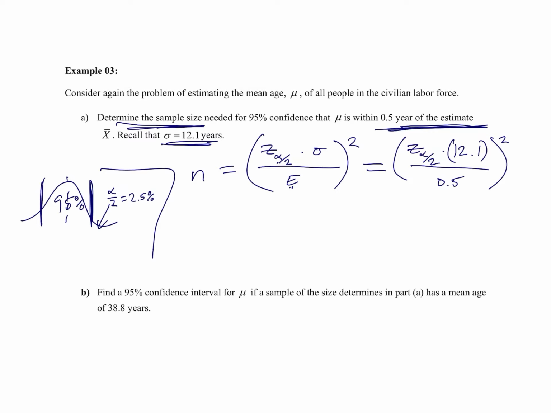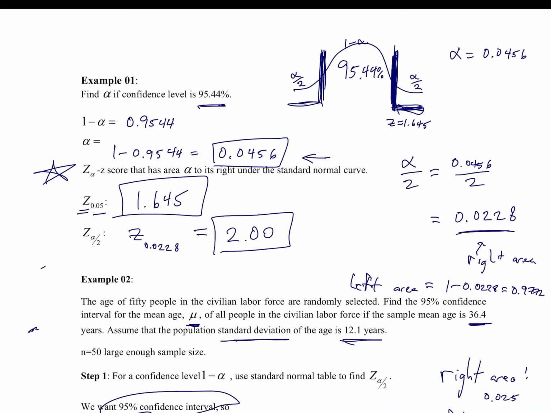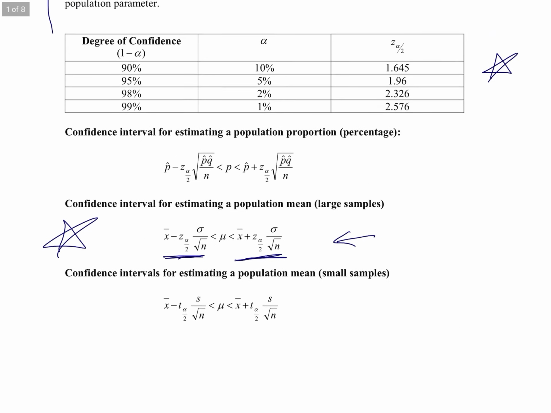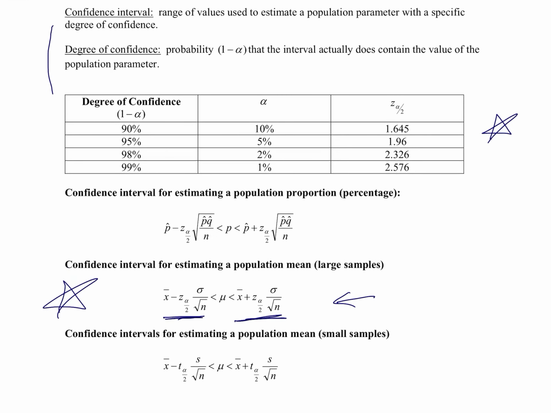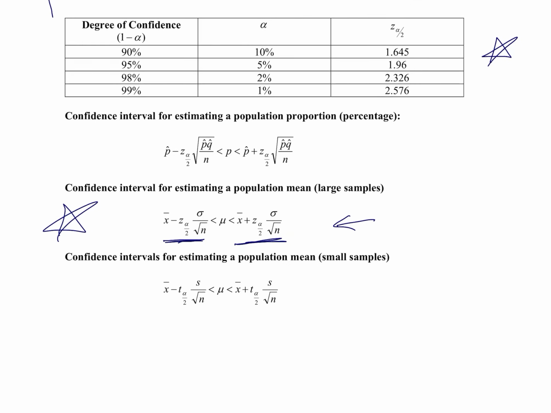If you have a 95% confidence need, then you can do the procedure that we used in these previous examples for determining the z-score, the same thing that we did in Chapter 6, but you can also just start using this table up here at the top of the page. In this table, you can just look up the degree of confidence that you need, and it will tell you the corresponding alpha, the area on the outside, or the z sub alpha over 2 measurement that you need in